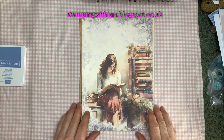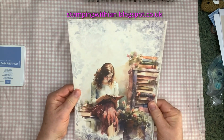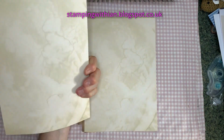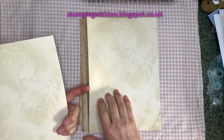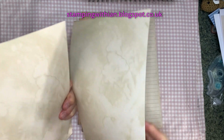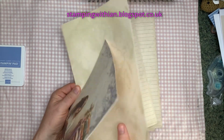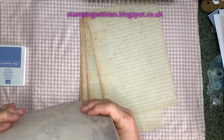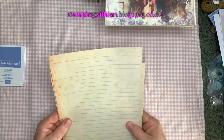So, stamping up thick basic white cardstock for the covers. There's the front and a coffee pattern on the back, and there's the back cover with its paper, with its pattern on the back. Okay, first thing we're going to do is